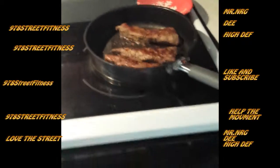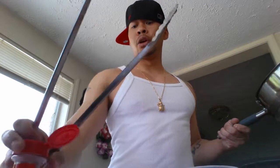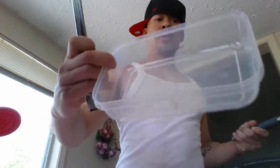But I'm gonna go pack up the meat first, all right? While the potatoes are cooking, I'm gonna measure out my bean sauce. All right, guys, I'm gonna get my steak ready. As you guys can see, I got about 2 meals right about here, so 2 of these that I usually put in my